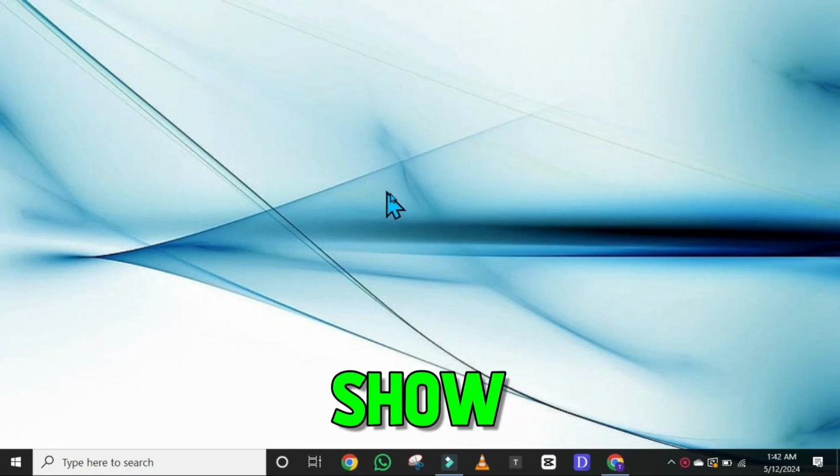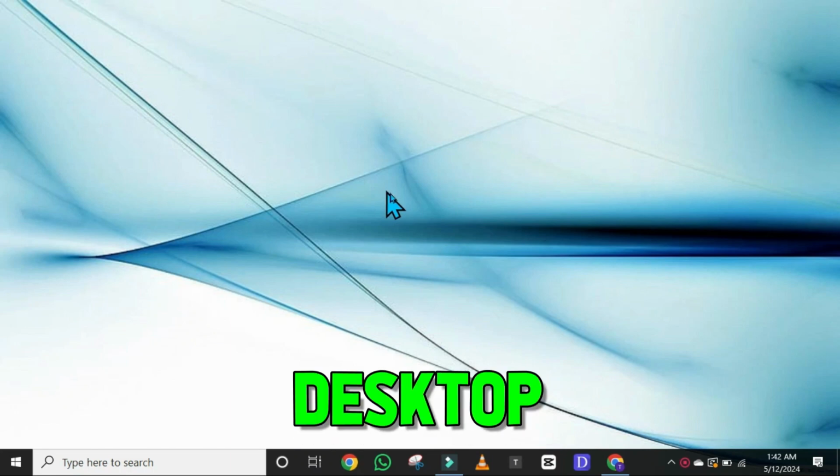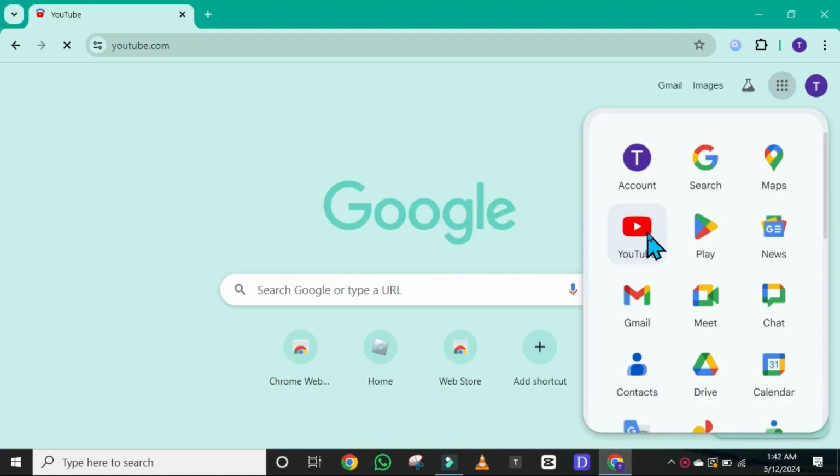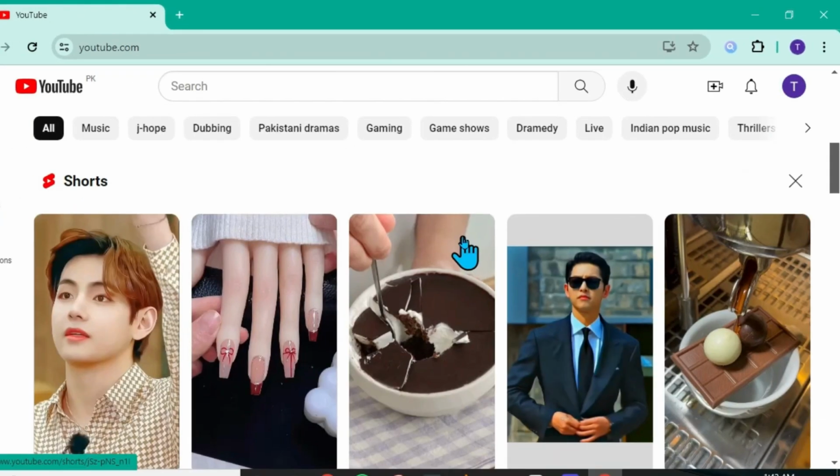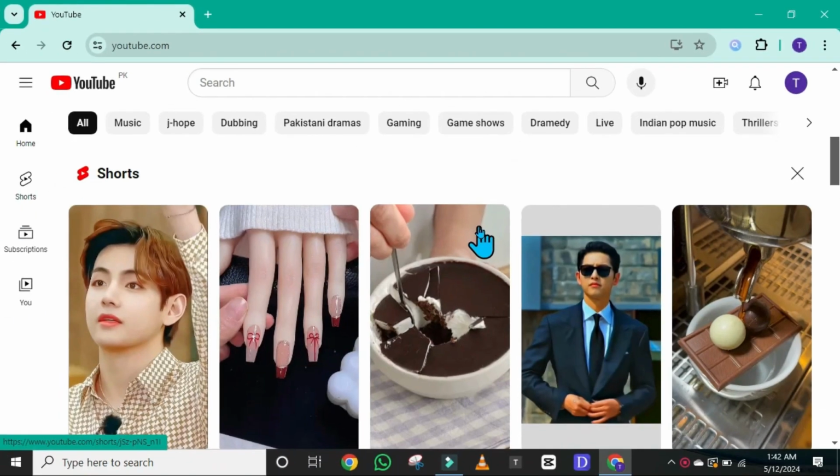In this tutorial, I will show you how you can remove YouTube Shorts on desktop and mobile. So let's dive right in. From desktop, you can open YouTube, and to hide this Shorts section, what you can do is open a new tab